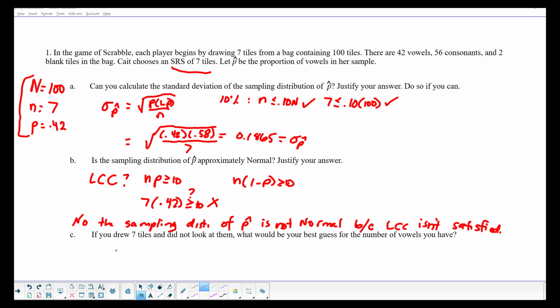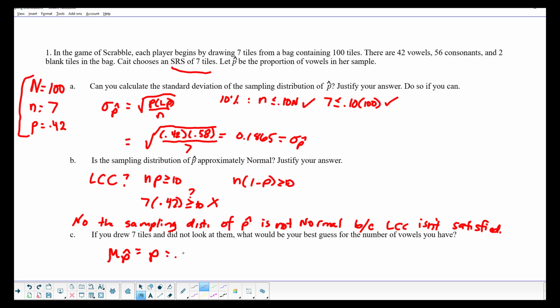So the next question: if you drew 7 tiles and did not look at them, what would be your best guess for the number of vowels you would have? Well, we want to think about what was our mu of p hat. That's the typical sample proportion of vowels. Mu sub p hat is supposed to be equal to p,